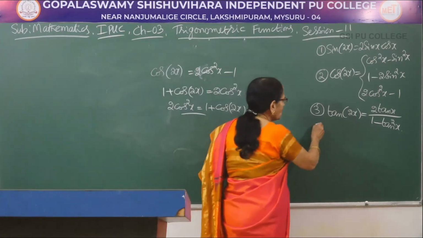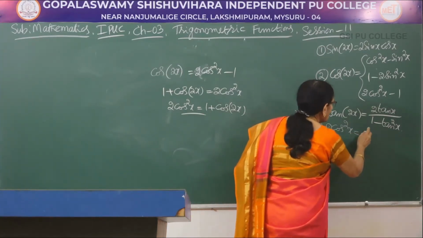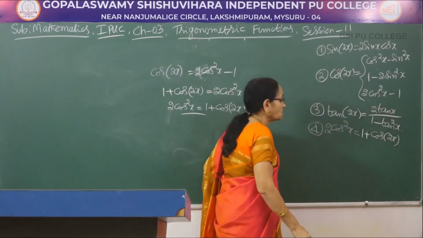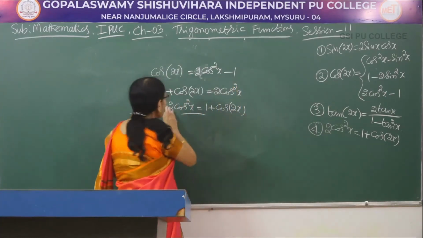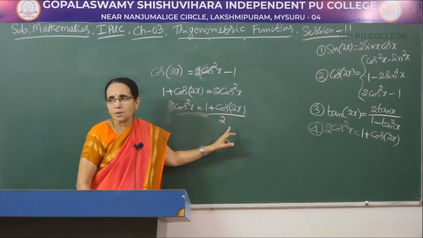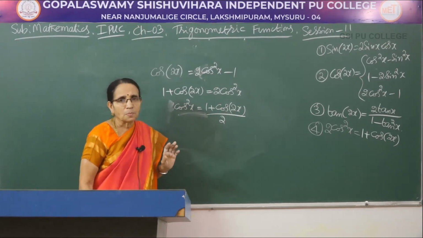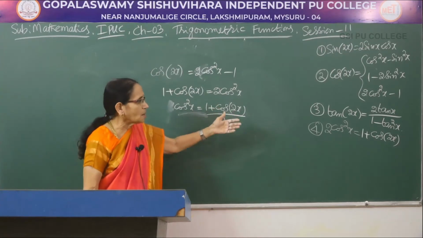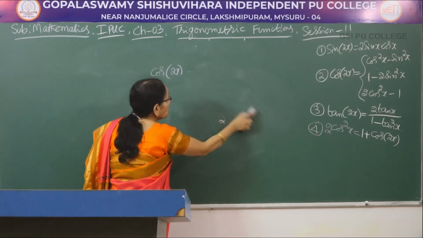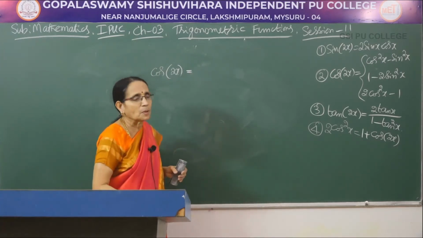So, that can be taken as the fourth formula, that is 2 times cos square x can be written as 1 plus cos of 2x. Or you can take this 2 to the right hand side also like this. That is, cos square x can be written as 1 plus cos 2x by 2, or if you take it on the left hand side itself, 2 cos square x equal to 1 plus cos of 2x. The same formula, written in another way. So, you can remember this one, it would be easy for you to apply wherever it is needed, that is when the power should be converted into multiple angle.